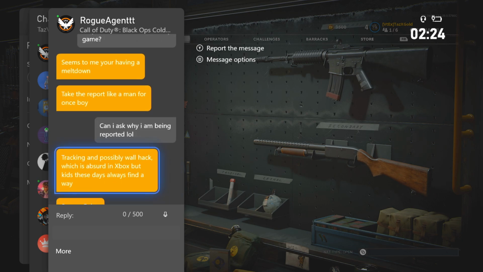So I asked why I'm being reported, because I wanted to know. There's got to be a genuine reason as to why I'm being reported. Maybe the XM4 is just that good that I need to be reported. But what he said was that I am tracking and possibly wallhacking, which he finds absurd though, because I am